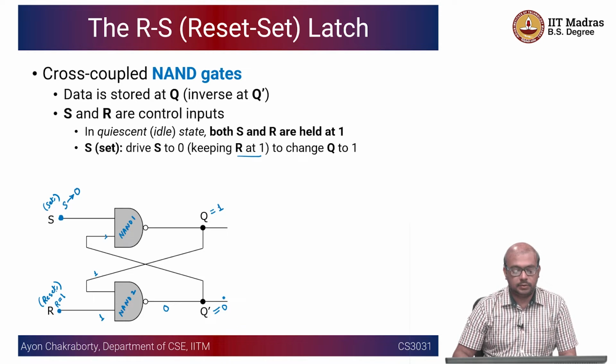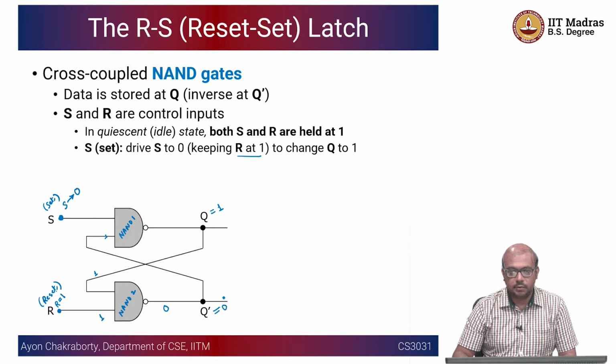Okay. So remember this particular operation. If S is equal to 0, you put Q is equal to 1. It's like setting the value of Q. Setting S equal to 0 means setting the value of Q to 1. Similarly,